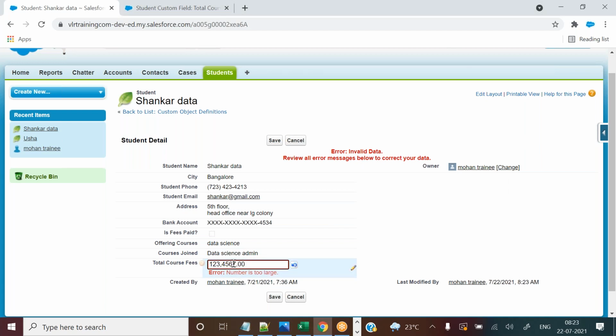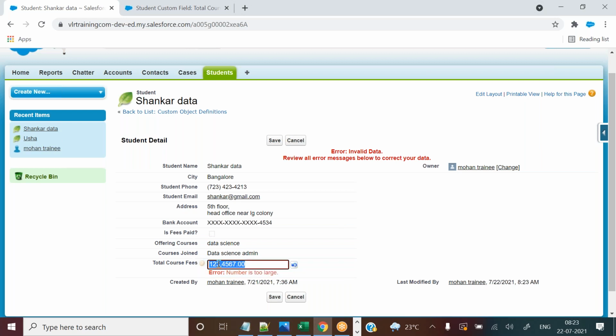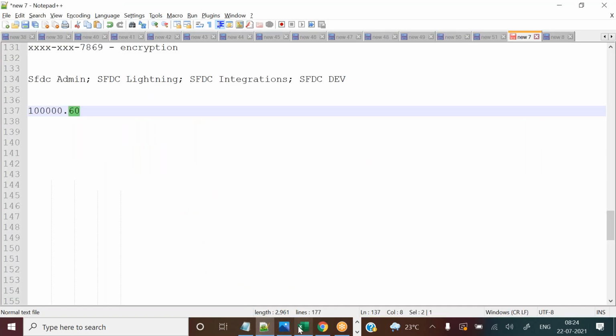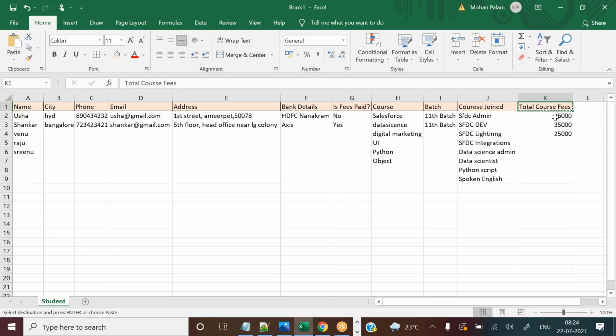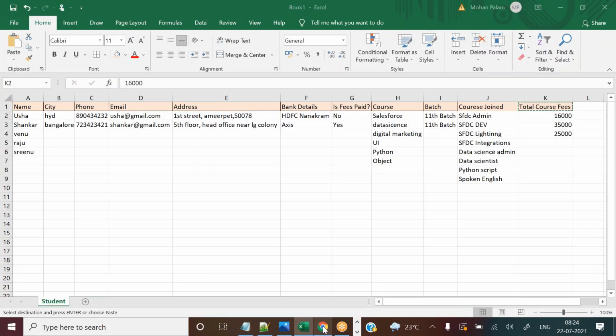Number is too large because I have added much more. Now one more question you might have: can I add only one digit? Yes, of course you can add one digit. Maximum 6, minimum 0 or 1, your wish. Now let's go here. Usha joined for Salesforce, it is 16,000. Shankar joined for data science, it is 35,000.